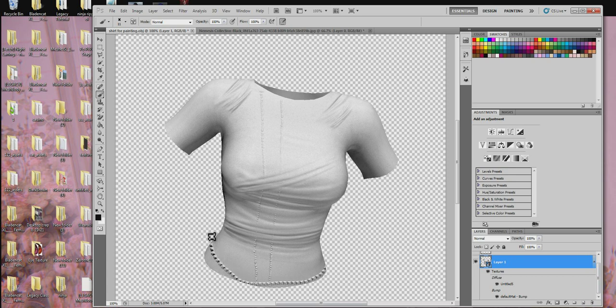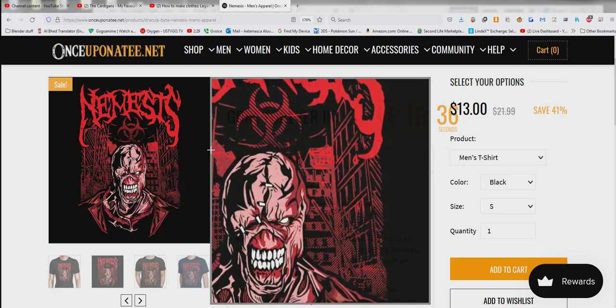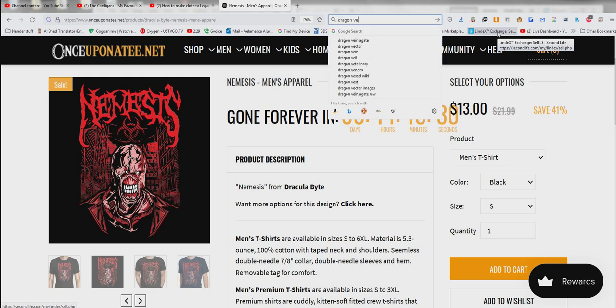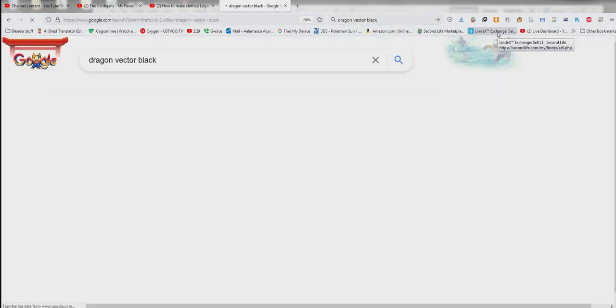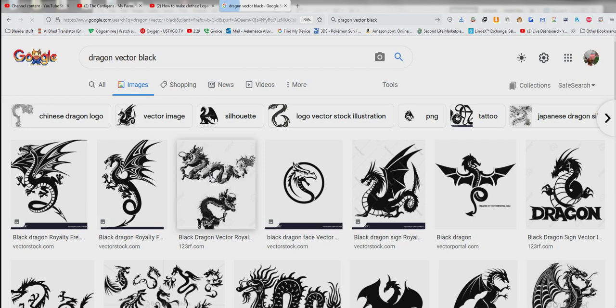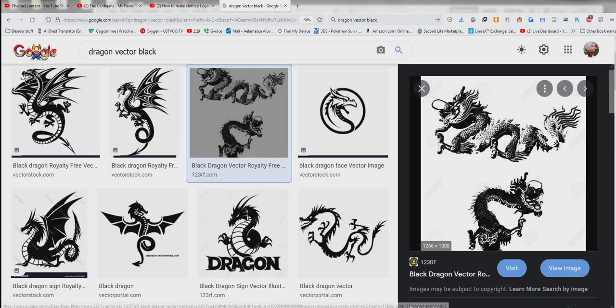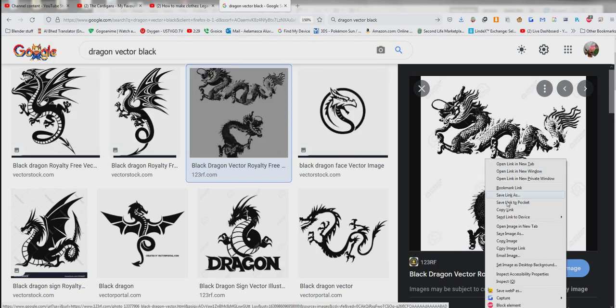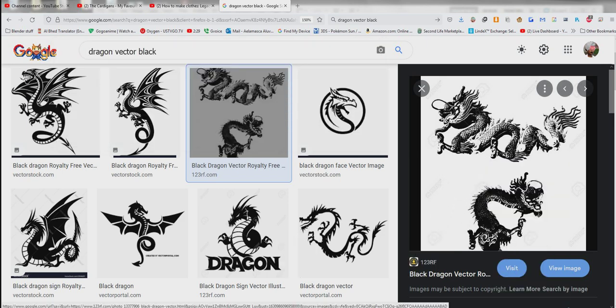So you can add all kinds of details and stuff in there. One of the really cool things you could do, hang on, let me see if I can find it, Dragon Vector Black, is that you can do fake embroidery on your clothes. I remember my friend showed me this, what she did for her jackets. She made those